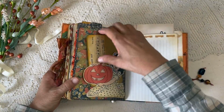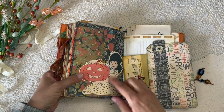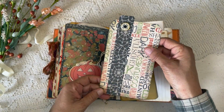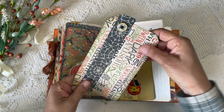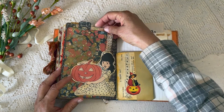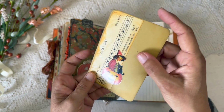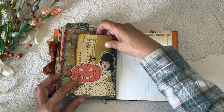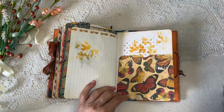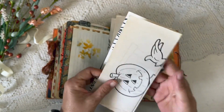And this is a little layered pocket. So I love this image, and some Halloween-ish paper. A tag that goes there in the back. Put this little brad there, and a rainy day, and another sweet little image. It's peekaboo there. And the last pocket just has a couple of coloring pages that have been in my stash,